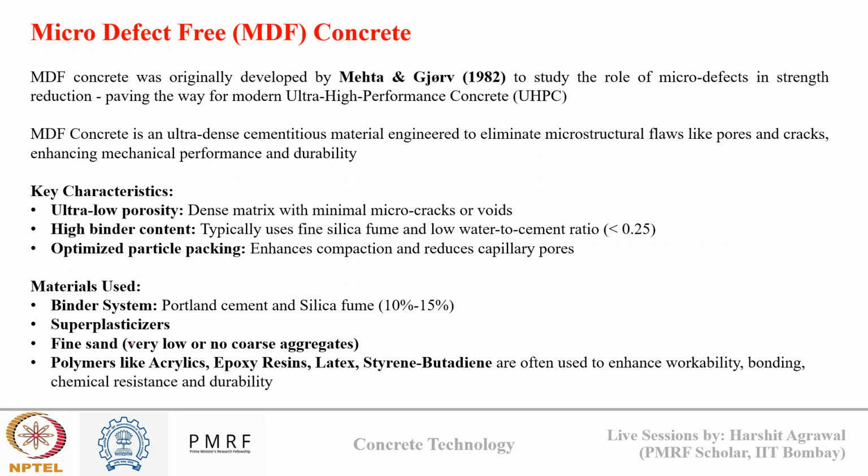Okay, now after high strength concrete, we will now look at some ultra high performance concrete. In this first one is the micro defect free concrete, which is designated as MDF concrete. First up, as a matter of fact, this MDF concrete was originally developed by these two scientists in 1982 to study the role of micro defect in strength reduction, which paved the way for ultra high performance concrete